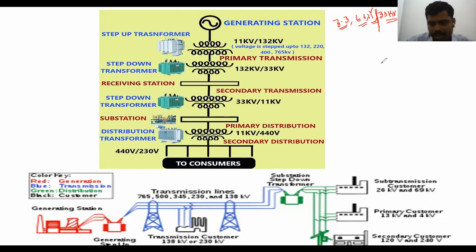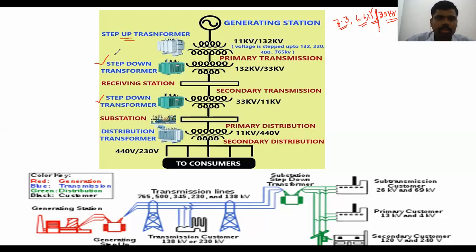There are no other options. They need to transfer the electric energy via transmission and then distribution lines. Here two types of transformers are used: one is the step up transformer, another is the step down transformer. The generating station uses the step up transformer. All the remaining places use step down transformers.